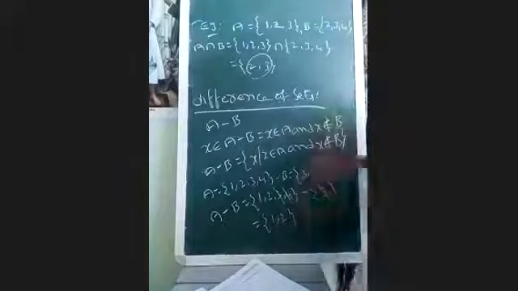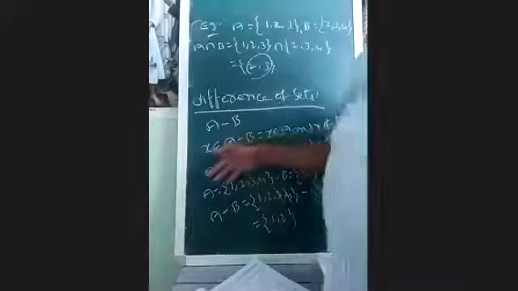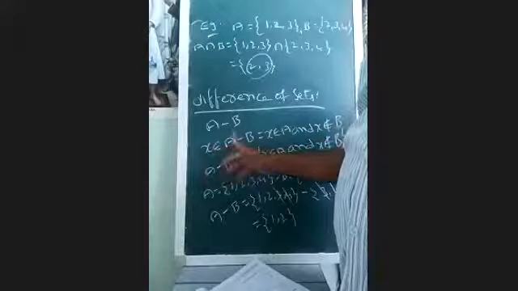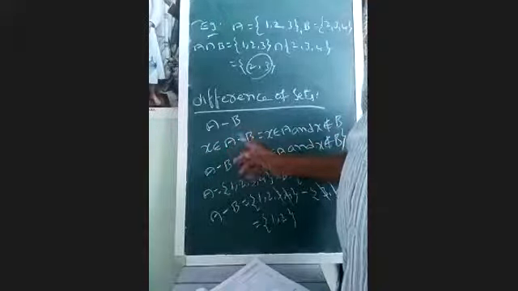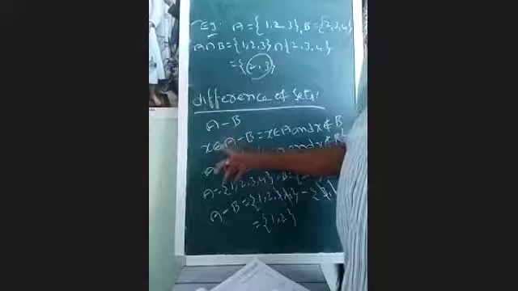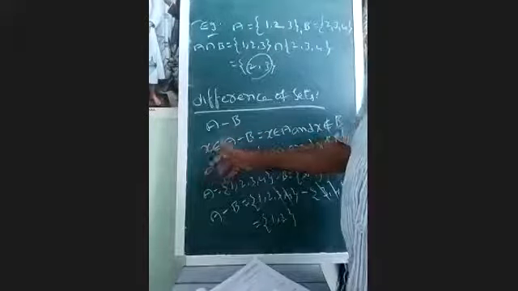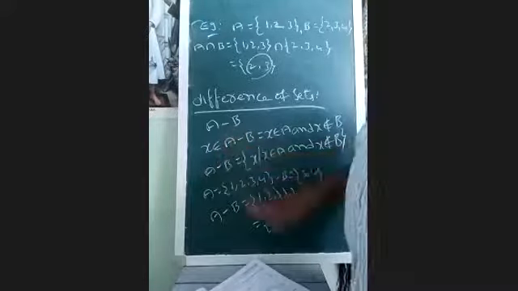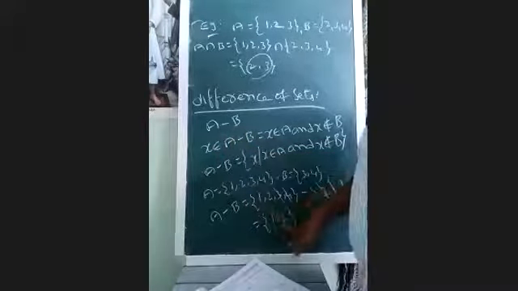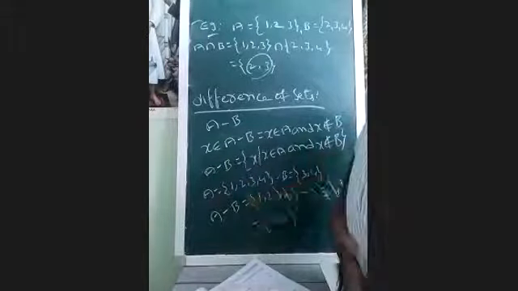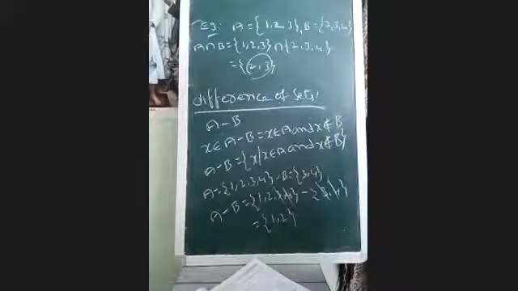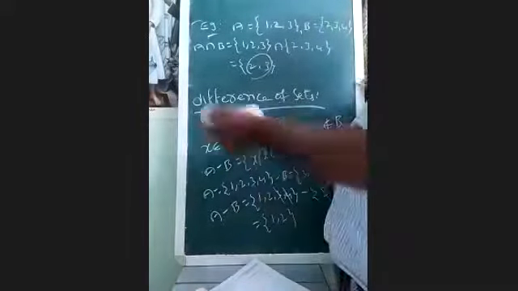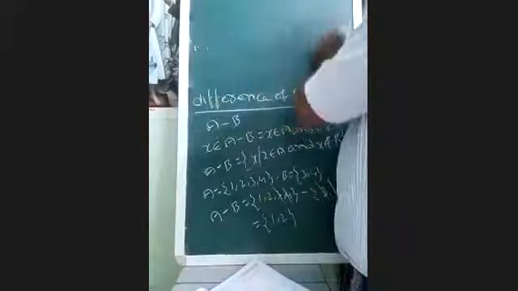As already said, X belongs to A. Each and every element lies in A but not in B. You have to take the set of all elements which belong to A and do not belong to B, and then take the remaining set A. Then this is called difference of sets. Next.